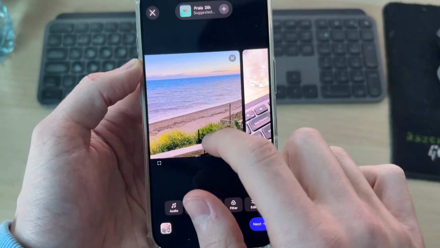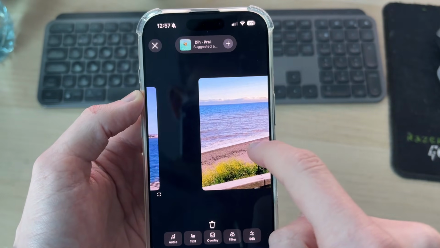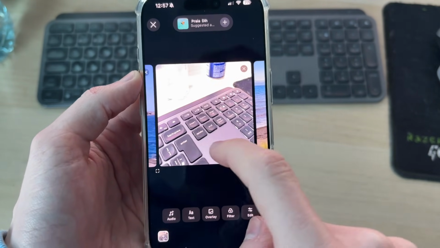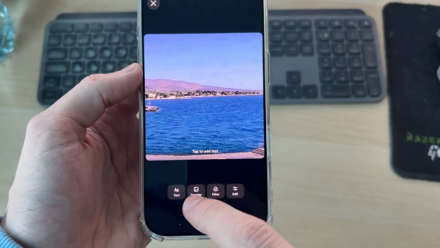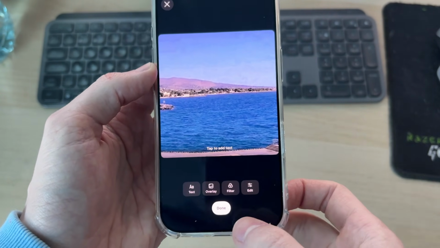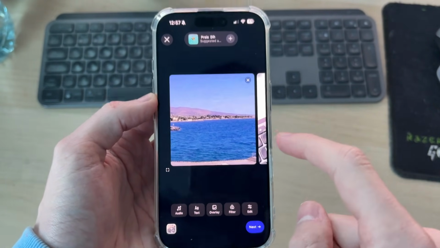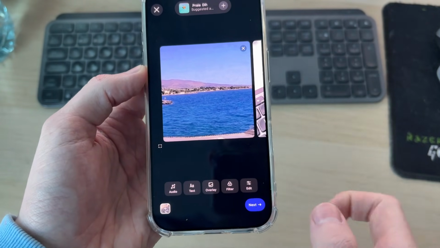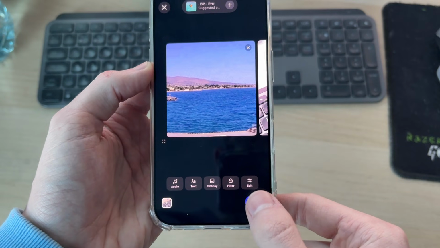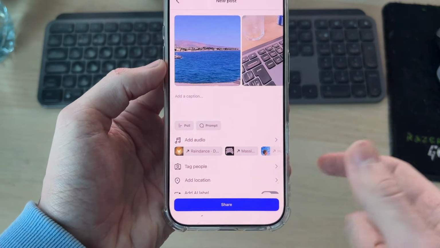see them here. So you can go and tap and hold them to go and change the order and drag them like so. And what you can do at the bottom here is you can go and tap on it and then add text, overlay, filters, and edit it with like the lighting and things like that. So you can go and customize this to your liking. At the top as well, you can go and add music, but you can press audio at the bottom as well. Then what you can do is go and press next in the bottom right, and you can go and